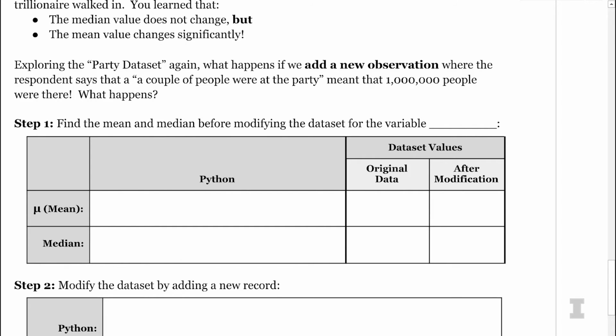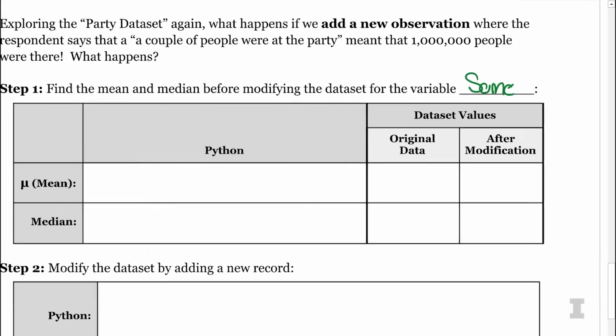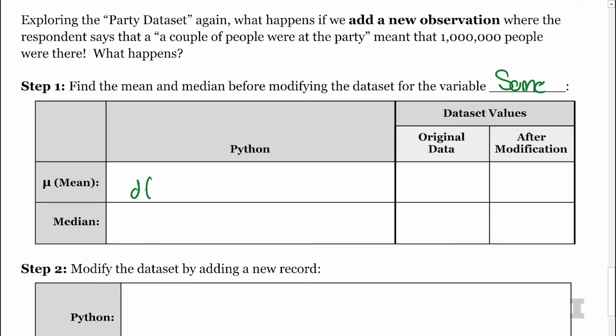Let's see, which one? We haven't used sum. S-U-M. So we're going to look at sum, and I want to find out what the median of sum is. One thing we can do to see a little bit of difference is say df square bracket quote sum square bracket dot mean. So using the square bracket saying df at sum, I'm just going to look at the sum column. By doing this, I shouldn't see all of the data being displayed and all the different variables. Now I should just see the column sum.